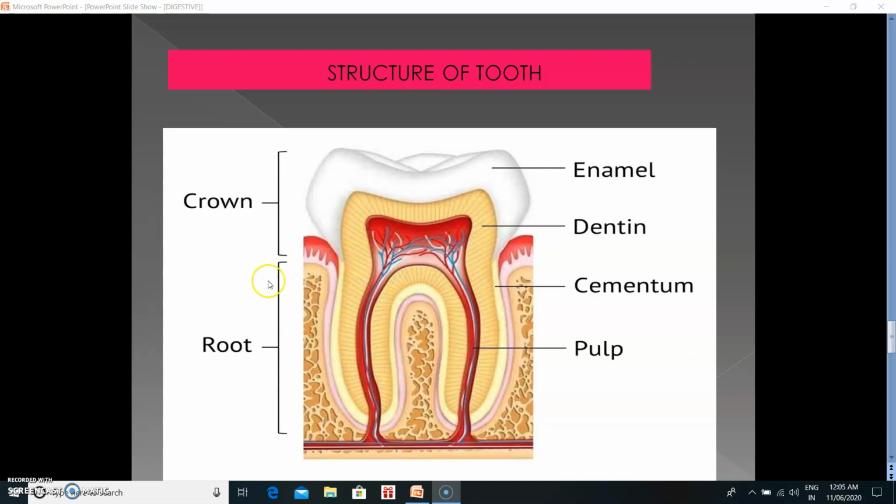Okay, so this is all we have talked about in this video about the digestive system. We have started the alimentary canal, we have talked about the mouth, we have talked about teeth, and we have talked about the structure of a tooth. In my next video we'll be talking about the tongue and further from the mouth, where the food goes and what processes are carried out.